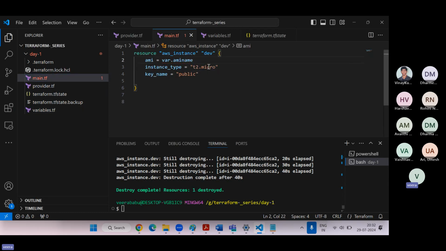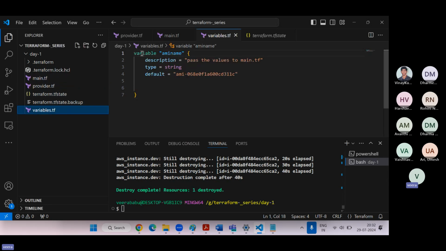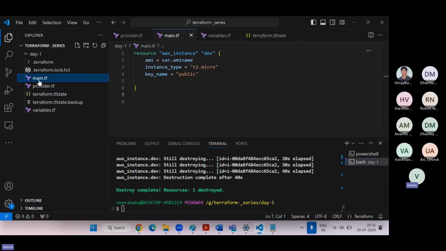I mean, instead of hard coding the AMI ID, we can hard code it into variables. The default means default value. So this value will come here. This is the meaning. But we are not supposed to put quotes here. If you put quotes, the system will understand var.ami_name as the value, so it will throw an error. This is not a value, right? This is a variable. The value is here.